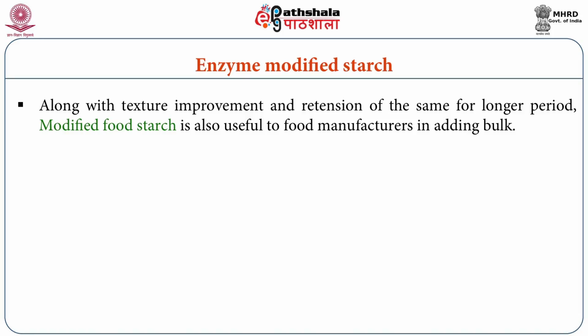Instant puddings must gel without cooking. Oil-based flavorants must be prevented from floating to the top of soft drinks. Nuggets and breading must hold together without crumbling. And once the perfect texture, viscosity and uniformity is achieved, the product must stay that way unaltered for weeks. All of these things are accomplished with the use of modified food starches. Modified food starches are also useful to food manufacturers in adding bulk to the food. It can be used as filler to increase the volume and mass of a product, while reducing the use of